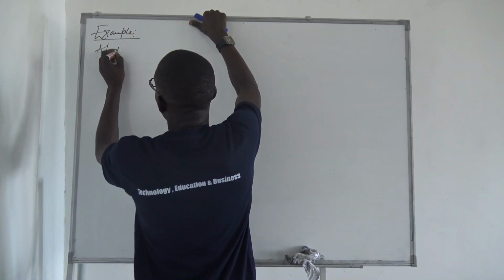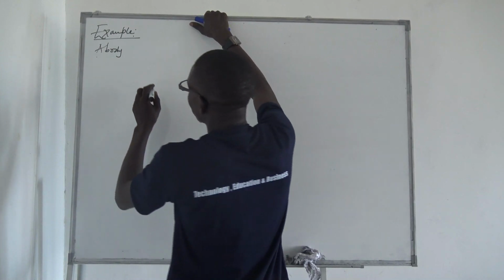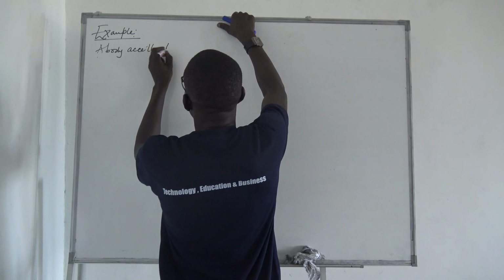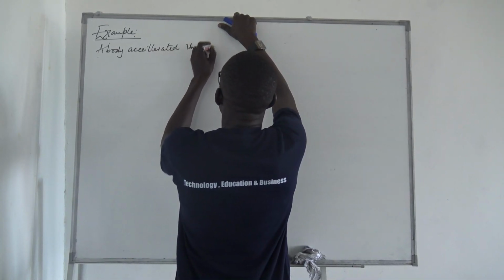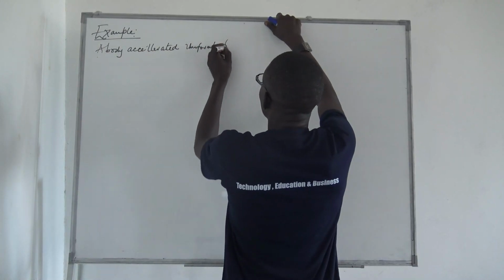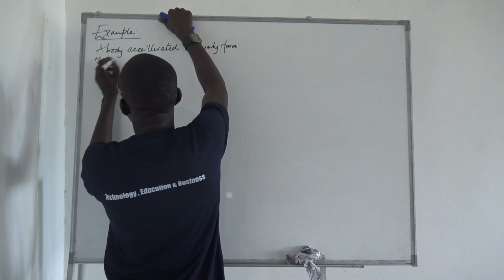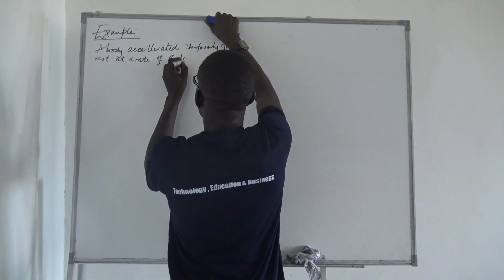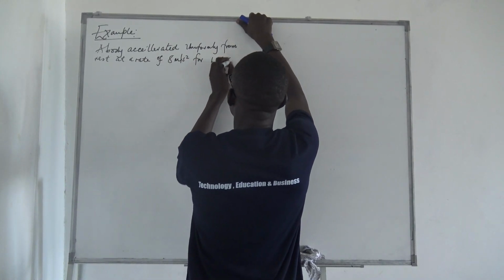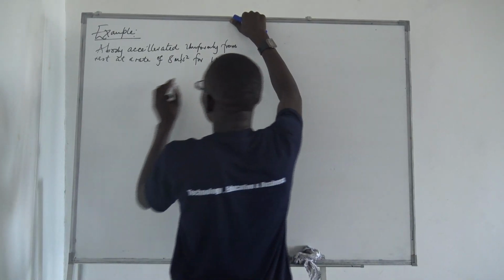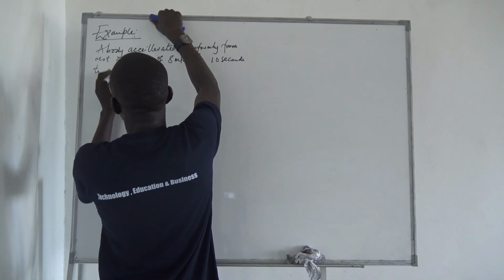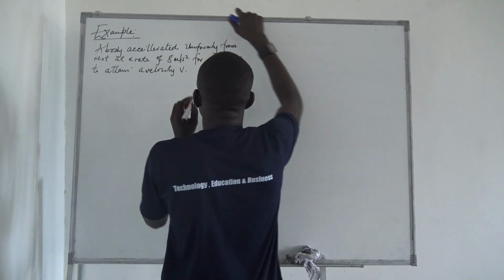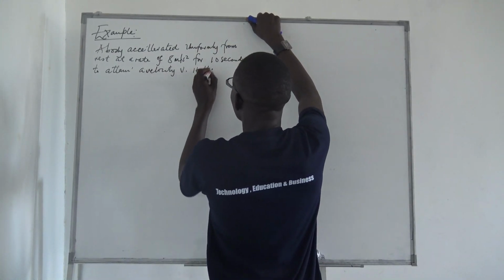You can say a body accelerated uniformly from rest at a rate of 8 meters per second squared for 10 seconds to attain a velocity v. It then